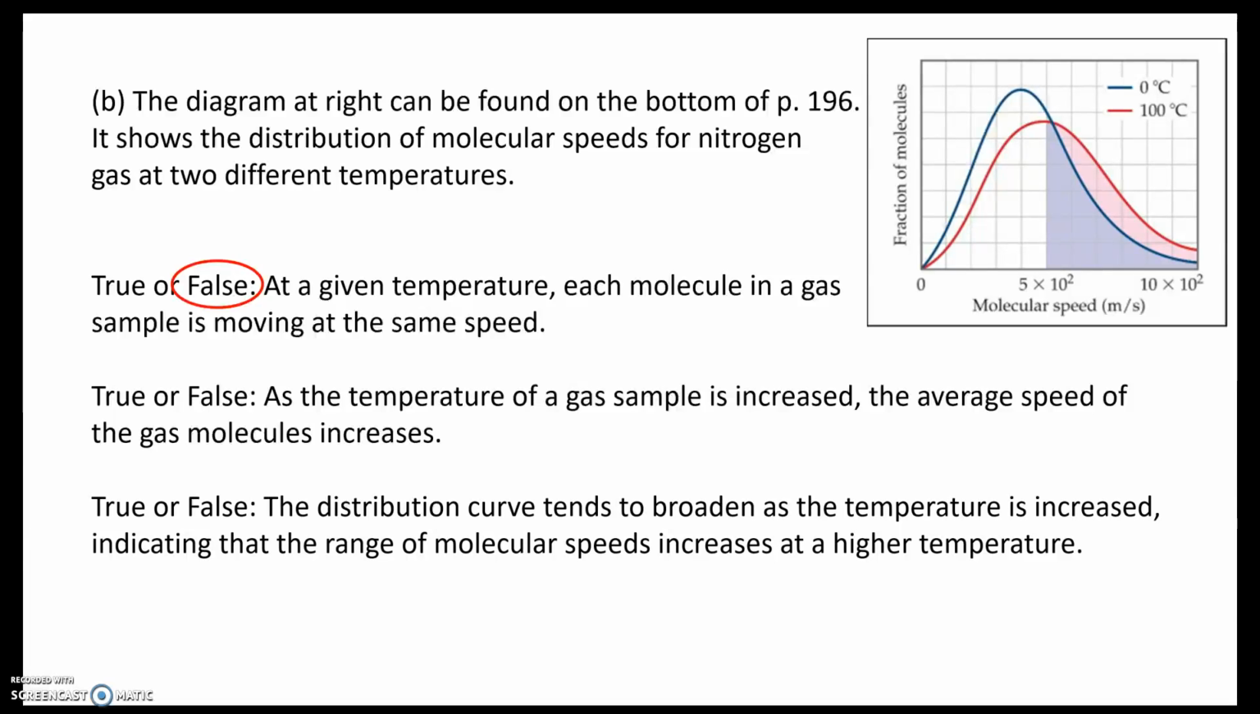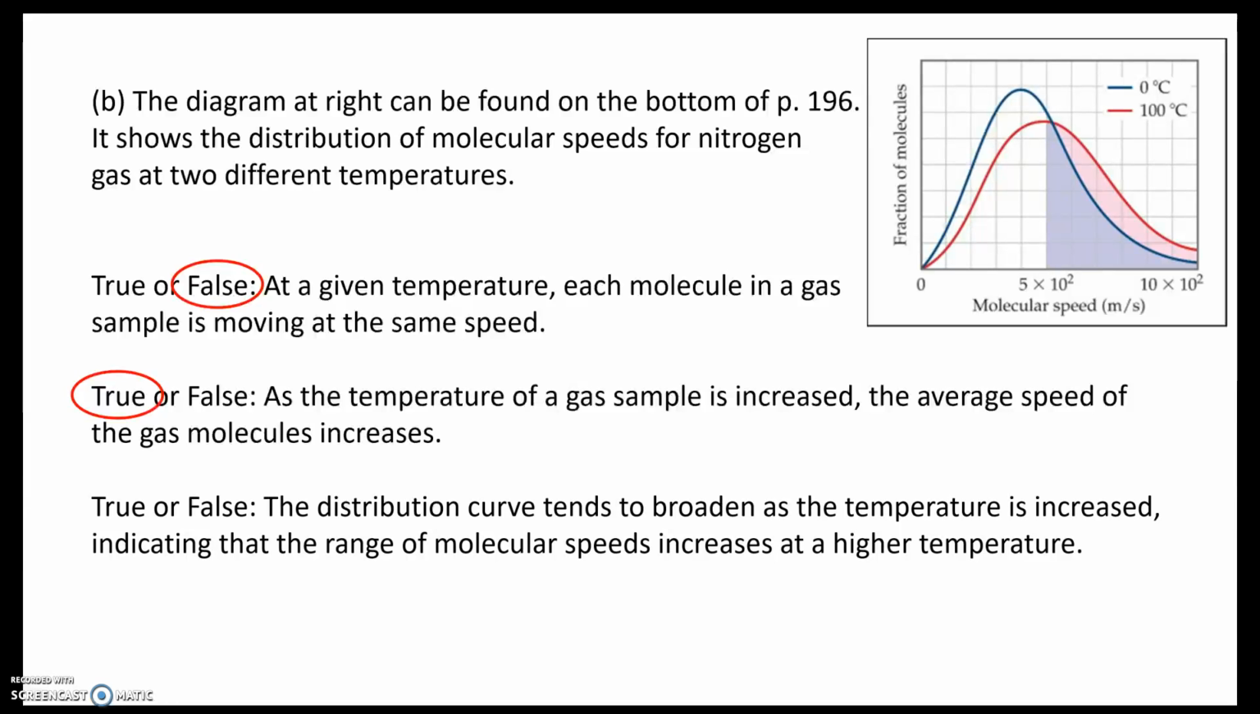True or false? As the temperature of the gas is increased, the average speed of these gas molecules increases. Well, one look at the graphs and we can see that this is true. At 0 degrees, our average molecular speed is about 400 or so meters per second. And at the higher temperature of 100 degrees C, it's right about 500, maybe a little lower than 500 meters